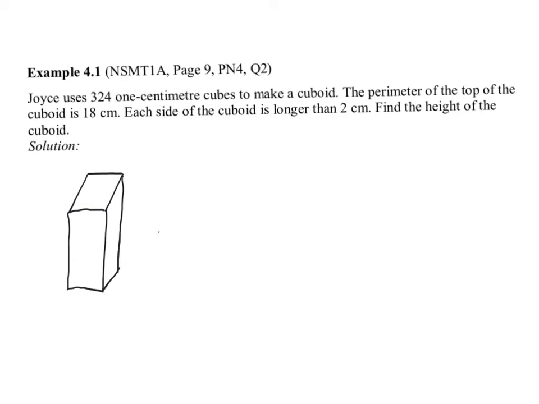For this question, Joyce uses 3, 2, 4, 1 centimeter cubes to make a cuboid. The perimeter of the top of the cuboid is 18 and each side of the cuboid is longer than 2 cm, and we are supposed to find the height of the cuboid. So if we look at this question, they are trying to tell us that, you think